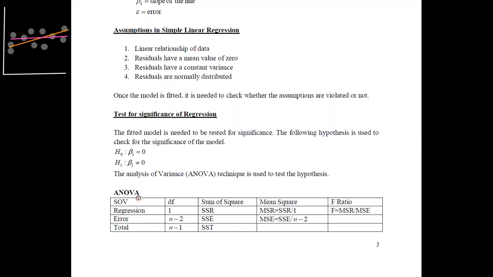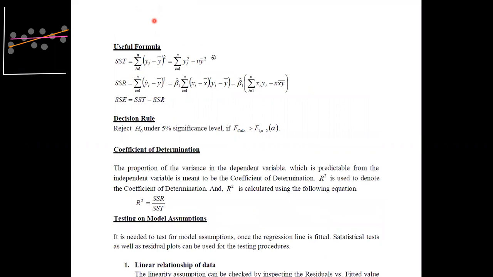And to construct the ANOVA table, these may be useful formulas. To calculate the SST, SSR, we have to use these equations. The equation for SST, if you go through the definition of the total sum of squares, is the deviation of the observed value from the mean value. Therefore, if you subtract the mean value from each observed value, square that difference and sum throughout the n observations, then you can obtain the value for the total sum of squares.